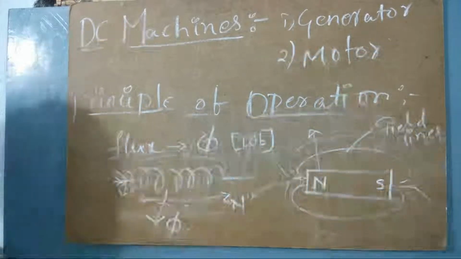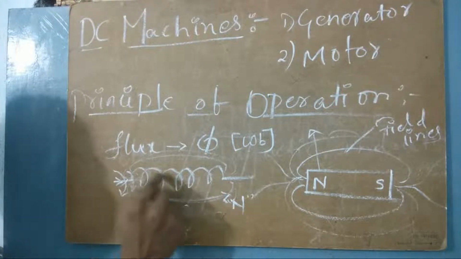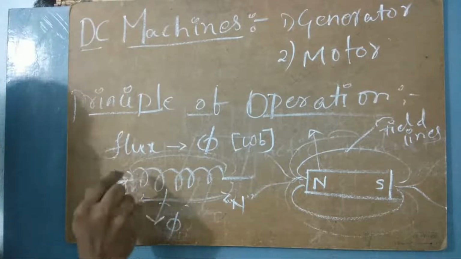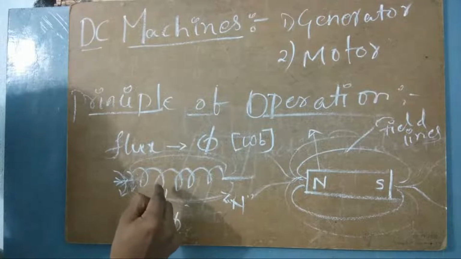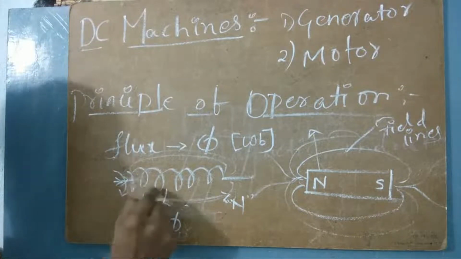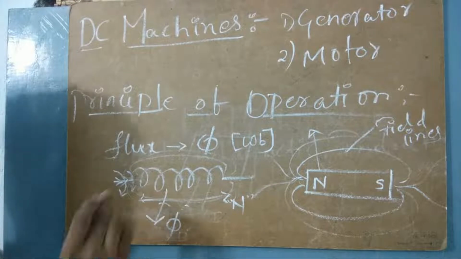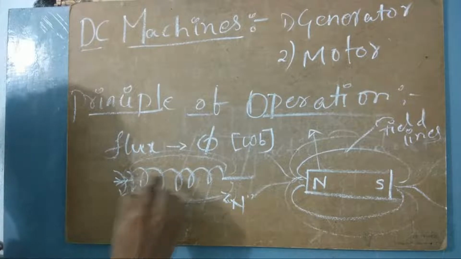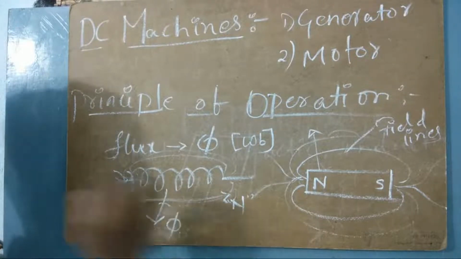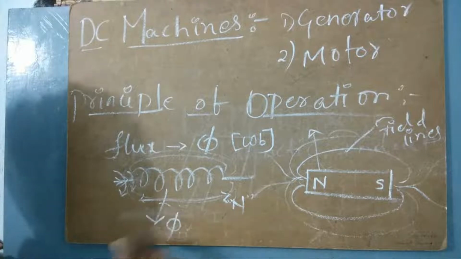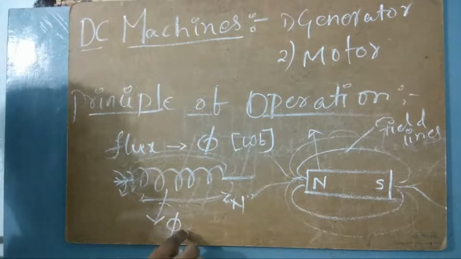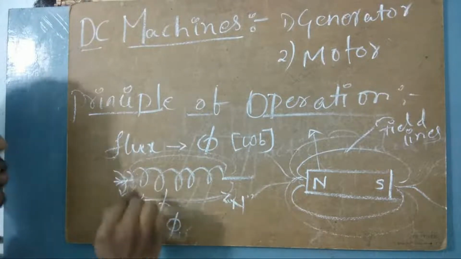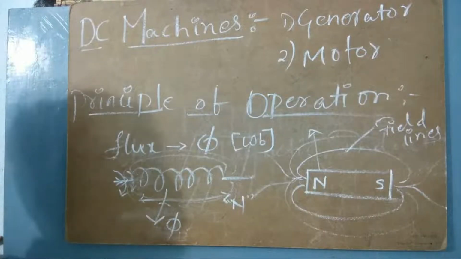Now I am talking about how this turn's flux is linking with the next turn's flux. Understand it very clearly. The flux that is produced by this turn will be linked with the flux that has been produced by the next turn. Similarly, this happens till n turns also. So my point is, flux linkage is nothing but the flux that is linking with each turn. Here we have n turns, so the flux linkage will be calculated by n into whatever flux we have, because the flux in each turn is constant. So the flux is constant, the number of turns is constant, and so lambda will also be a constant.